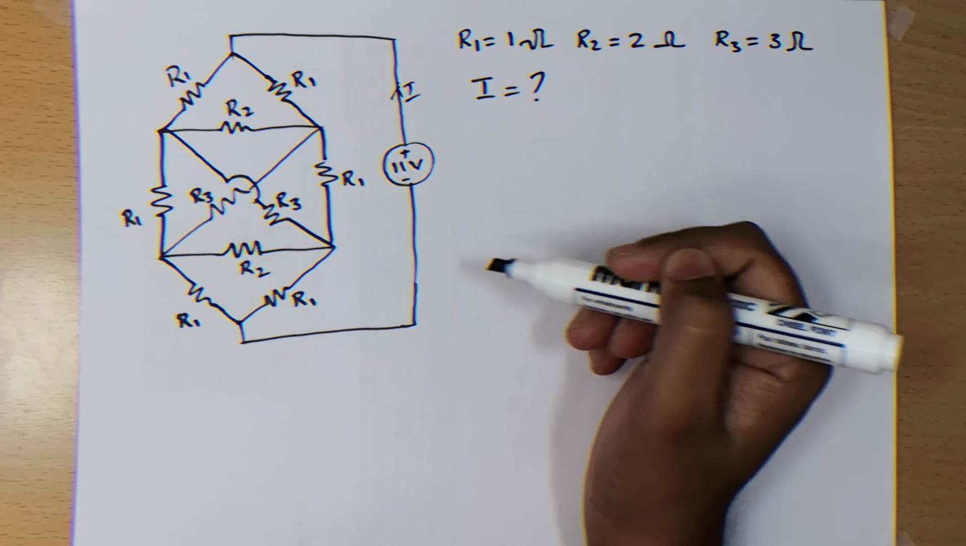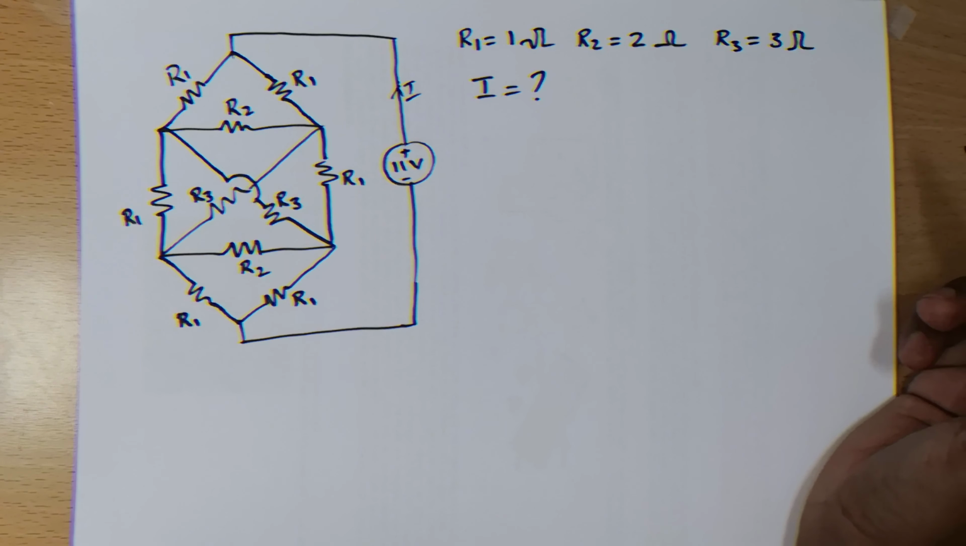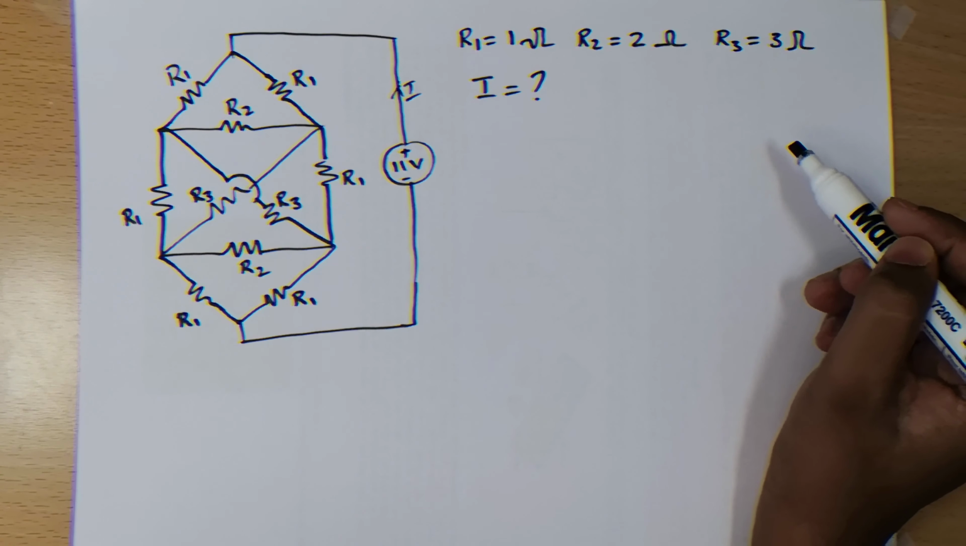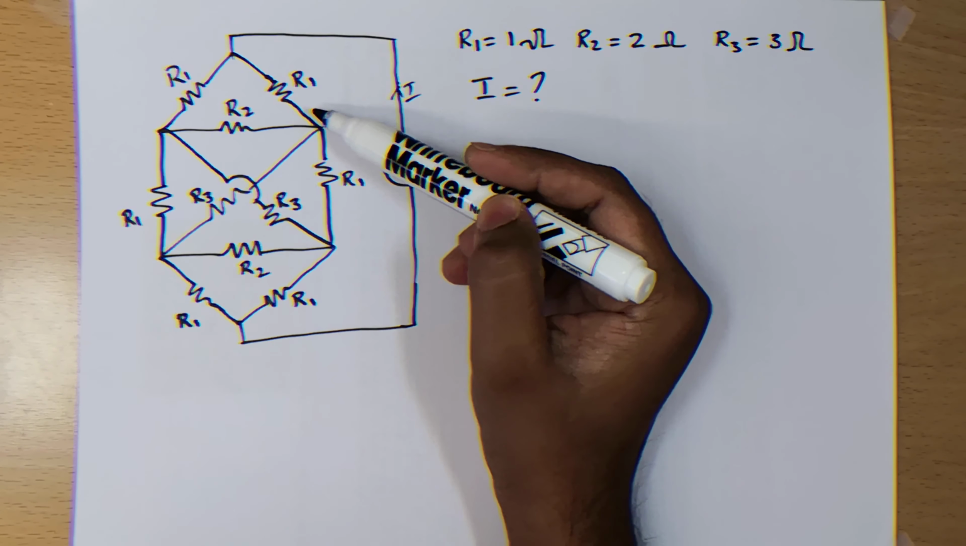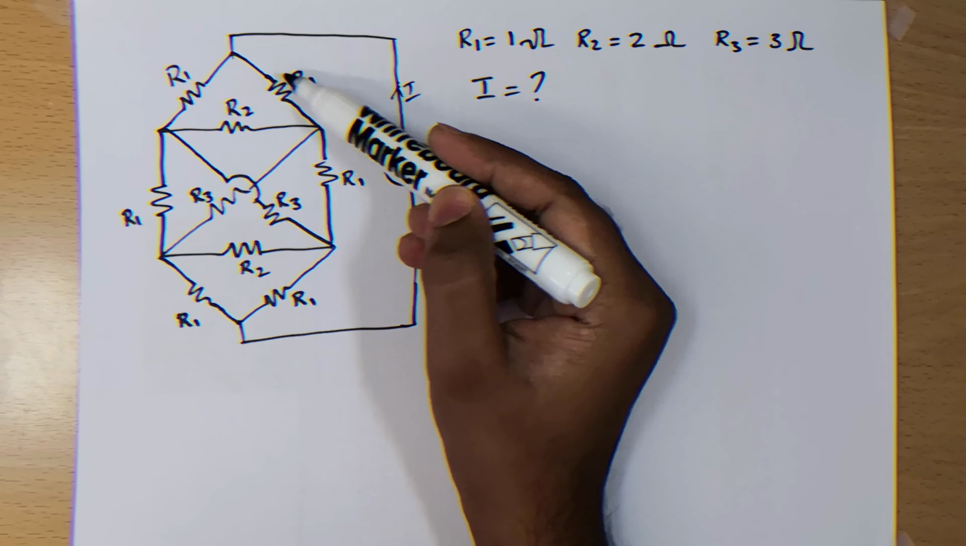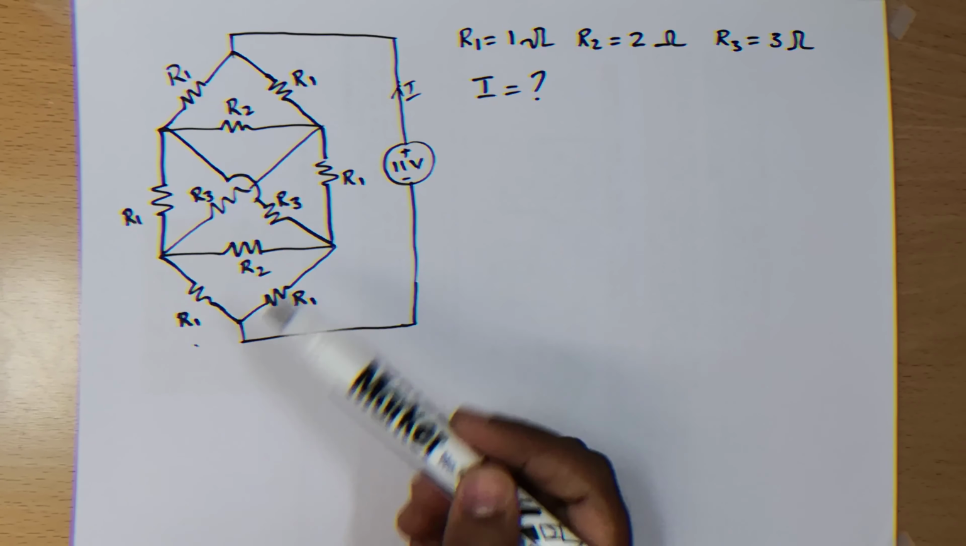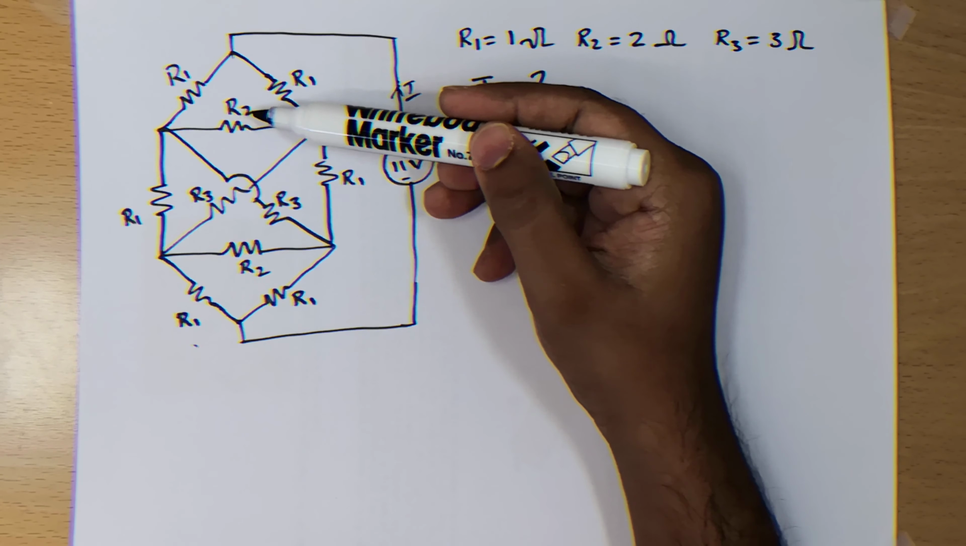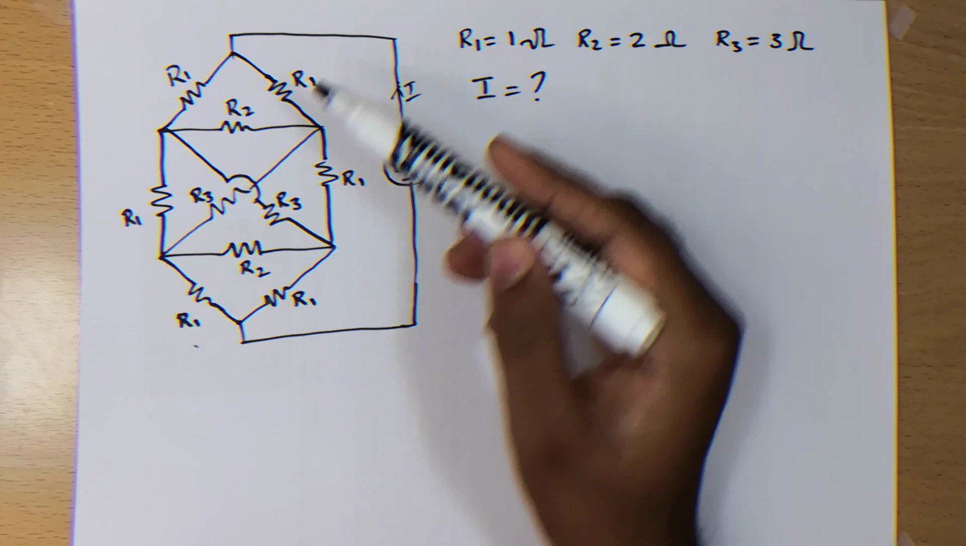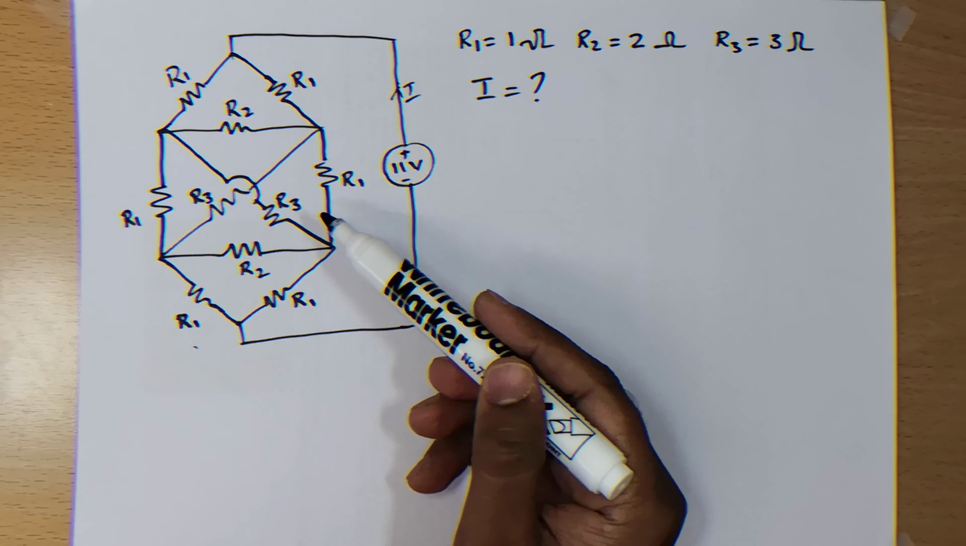While solving such questions, the first thing to remember is to look for symmetry. What I mean by symmetry, you can see from the circuit that many of the resistances are quite symmetric. There is R1 here, R1 here, R1 here, R1 here, and even R1 here. And you can see the R2 here, which has the same value, and R3 and R3 here. So